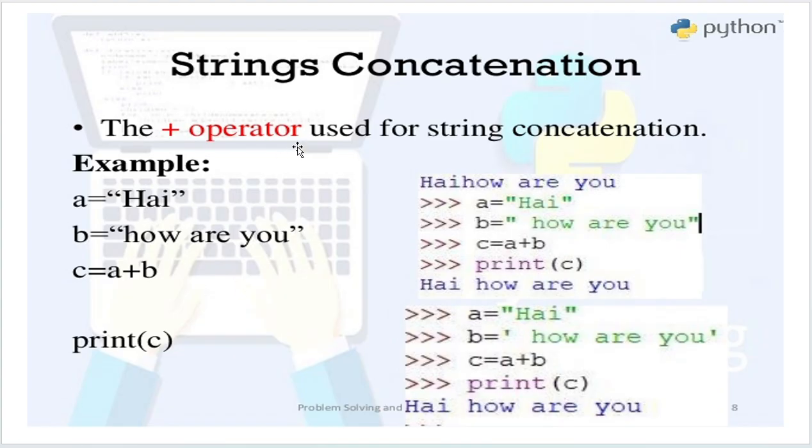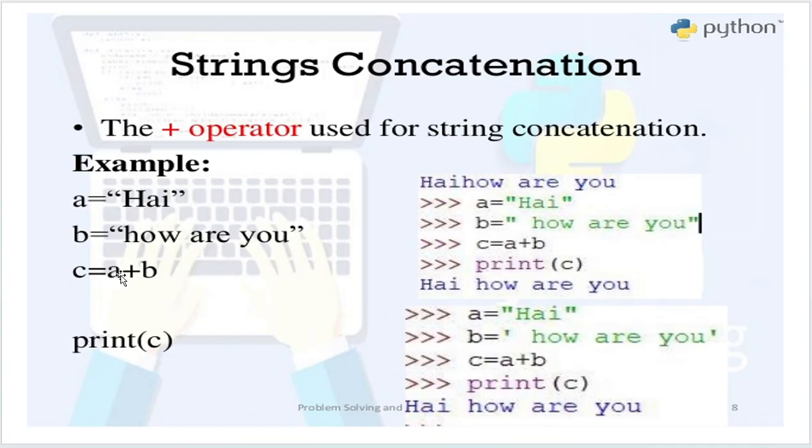So using the plus operator, you're going to combine the two strings. This is an example being given to us. A is a variable and it is going to store the string "hi", which is enclosed within the double quotes, and B is the variable that is going to store the string "how are you". And in the third line, it is given like C is equal to A plus B,